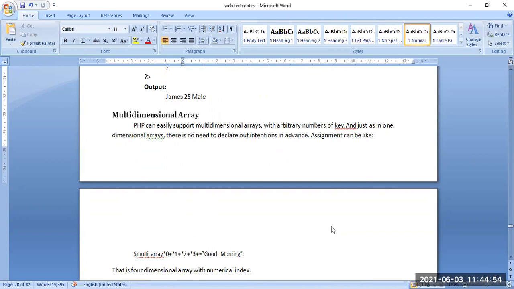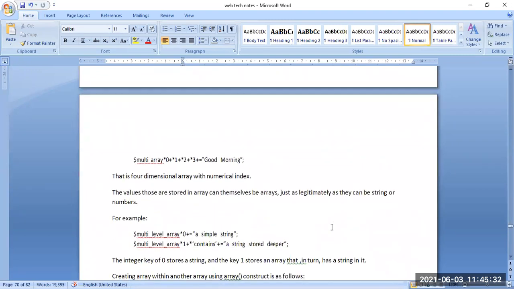PHP supports multidimensional arrays with an arbitrary number of keys, and just as in a one-dimensional array, there is no need to declare dimensions in advance.